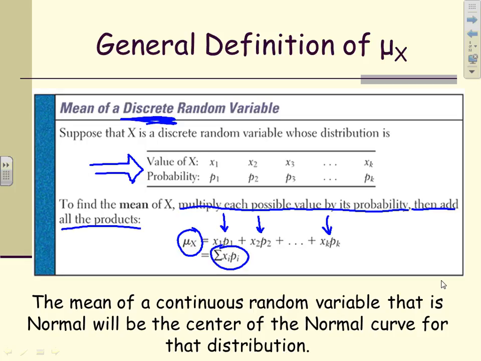If you're trying to find the mean for a continuous random variable, if it's a normal distribution, we'll just find the middle. If it's a uniform distribution, find the middle. If it's something that's not normal or uniform, and it's not symmetric either, then you're going to have to choose some other method for figuring that out, and that's something that we'll talk about in a little while.